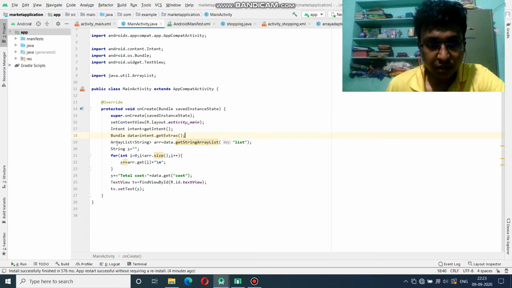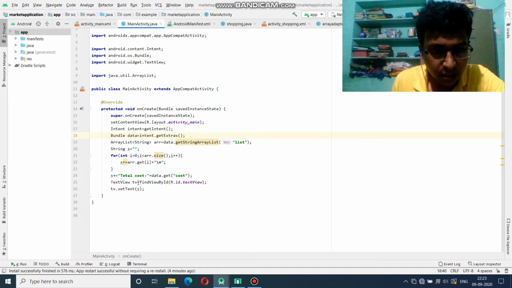And here we give an ArrayList of String array equal to data.getStringArrayList, with the key as list, and then we assign the string s value as null. Then we give a for condition: for i equal to 0, i less than array.size, i plus plus, and s is equal to s plus array.get(i) plus slash n. Slash n is going to print the values on the next line.